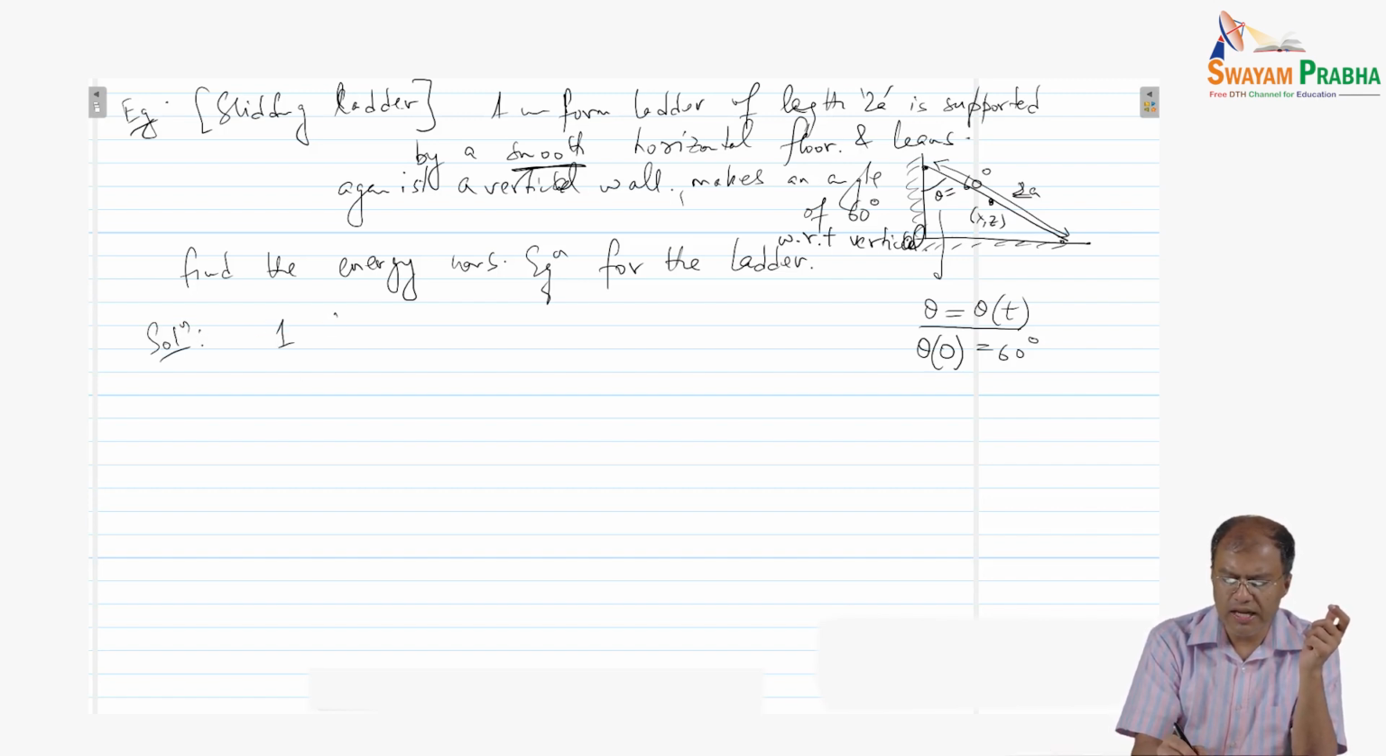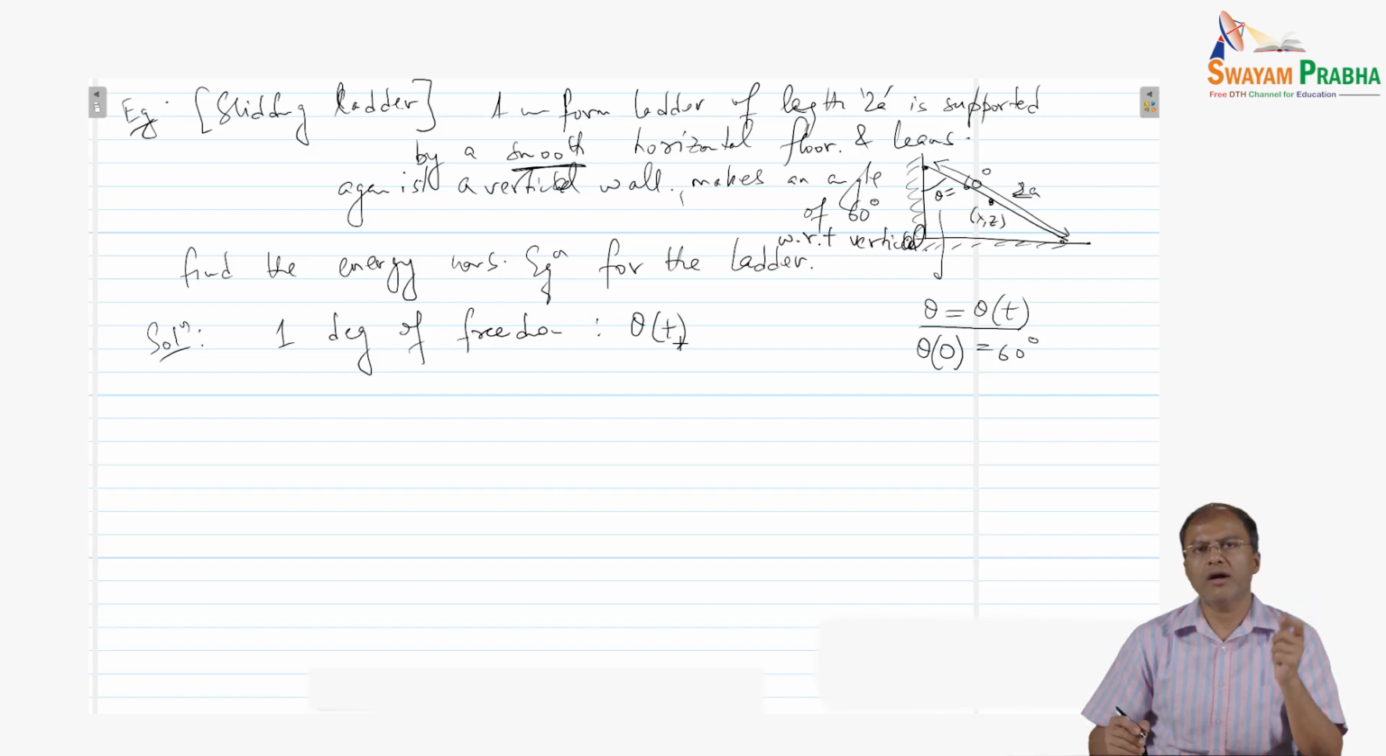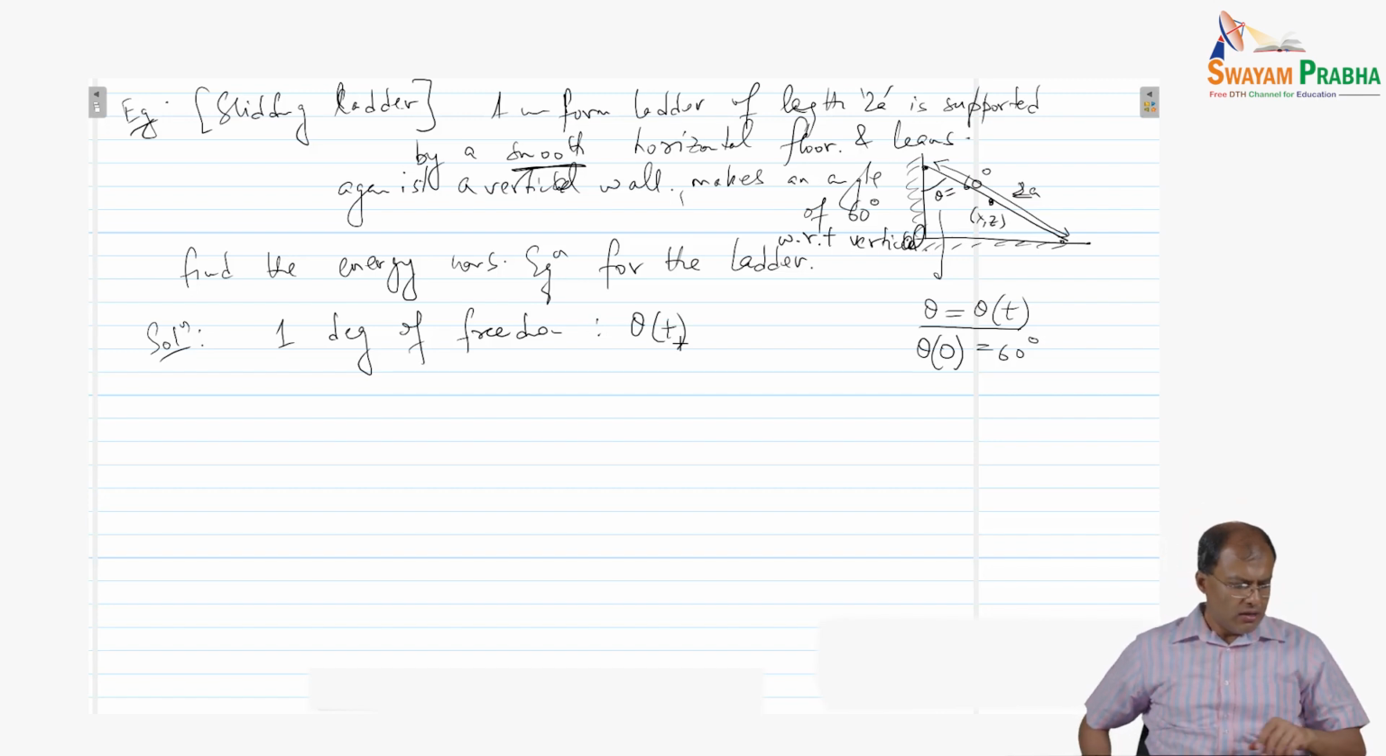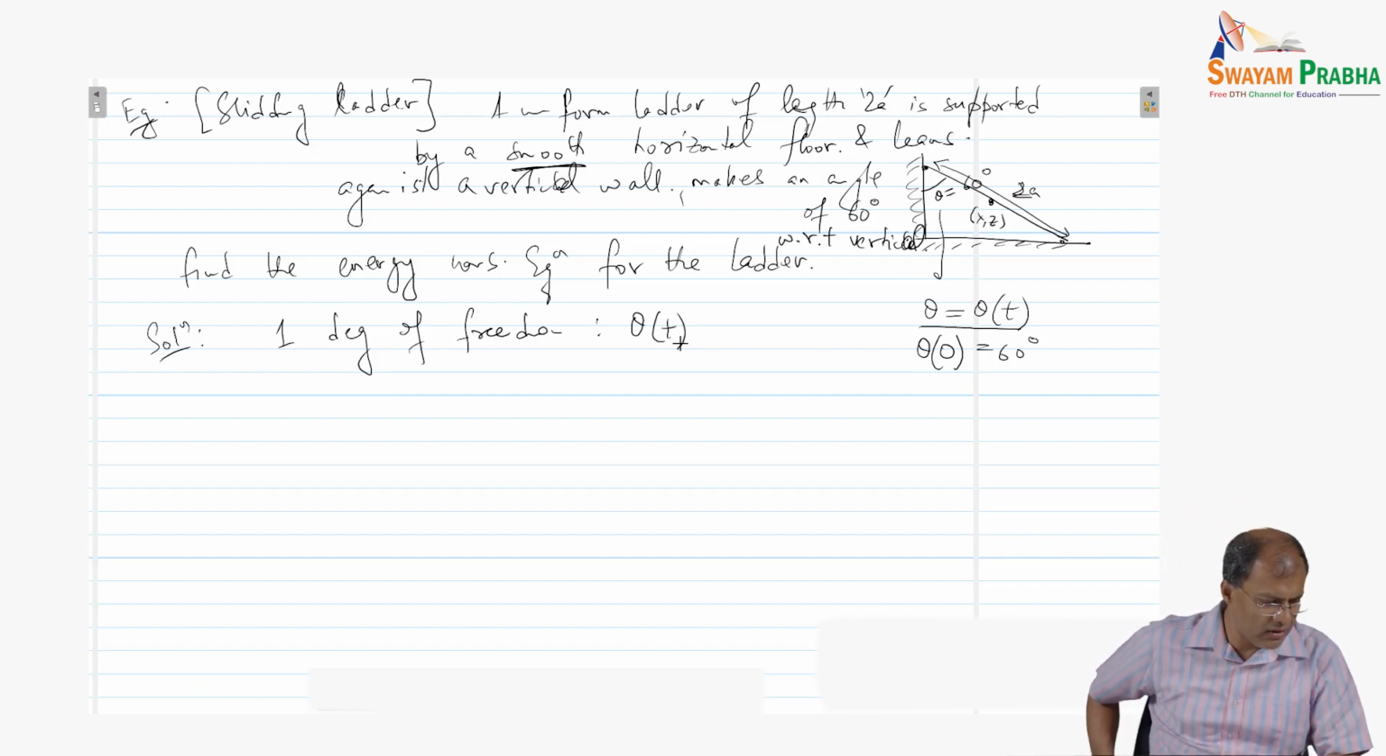So there is only one degree of freedom, which is theta of t. Okay, so then what we have is,